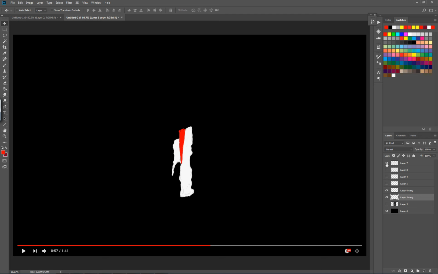When in actual fact, when you look at this timestamp now, 57, you can see there is actually a gap in between the trees. So this red area is representing the gap in between the two trees. So if there's a gap, how can that be a solid singular object if there's a gap in between these two trees? And during the 1 minute mark, or around about that mark,